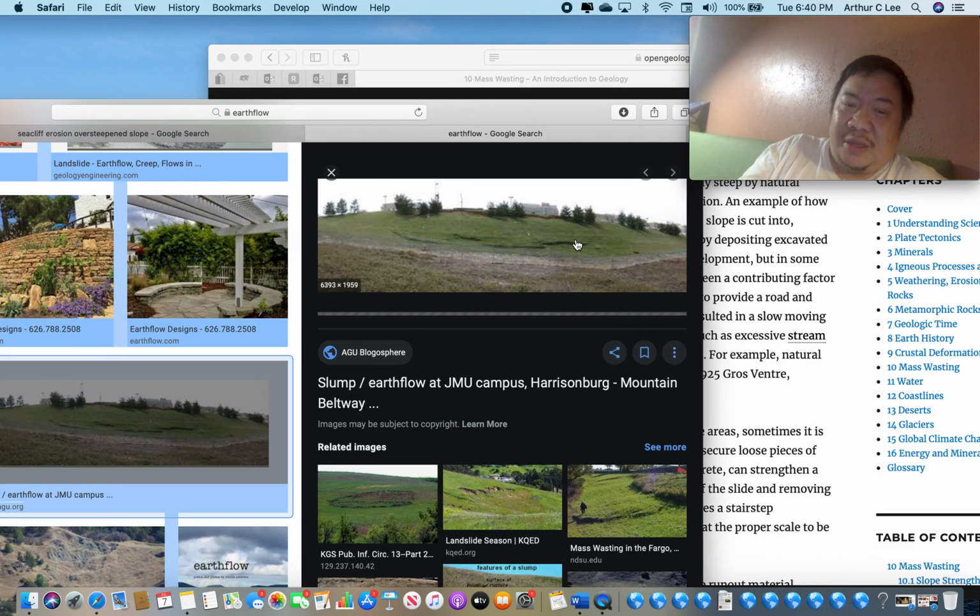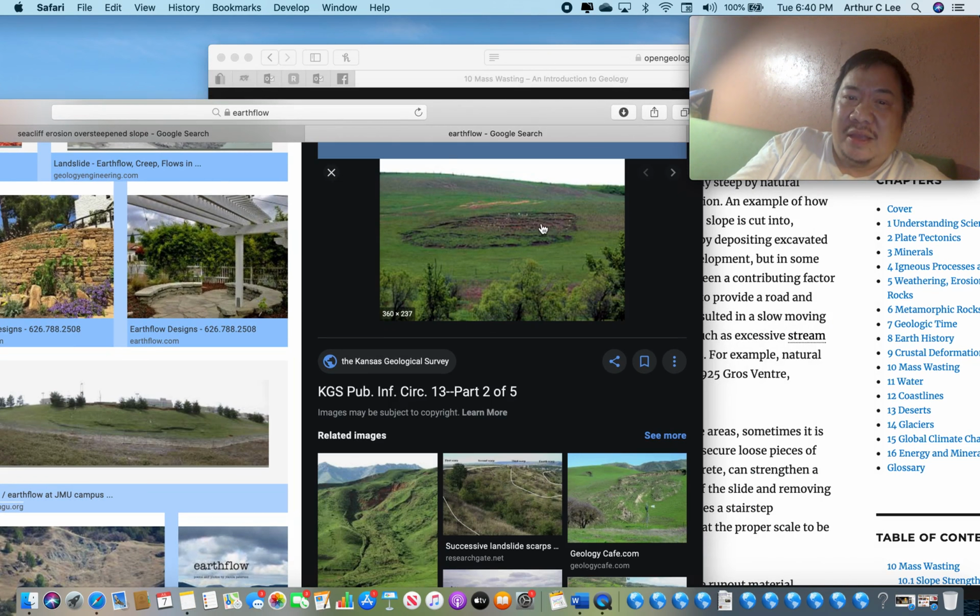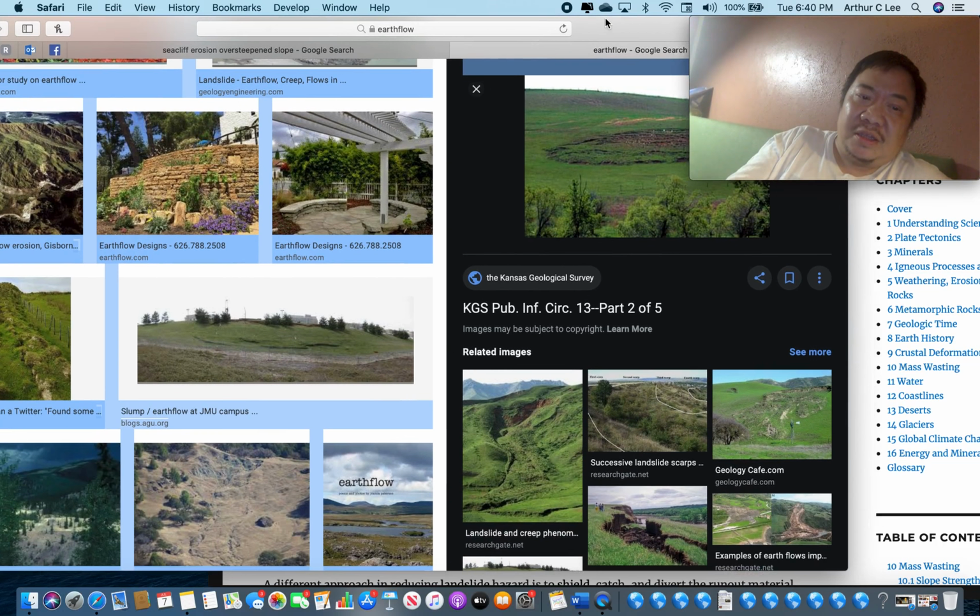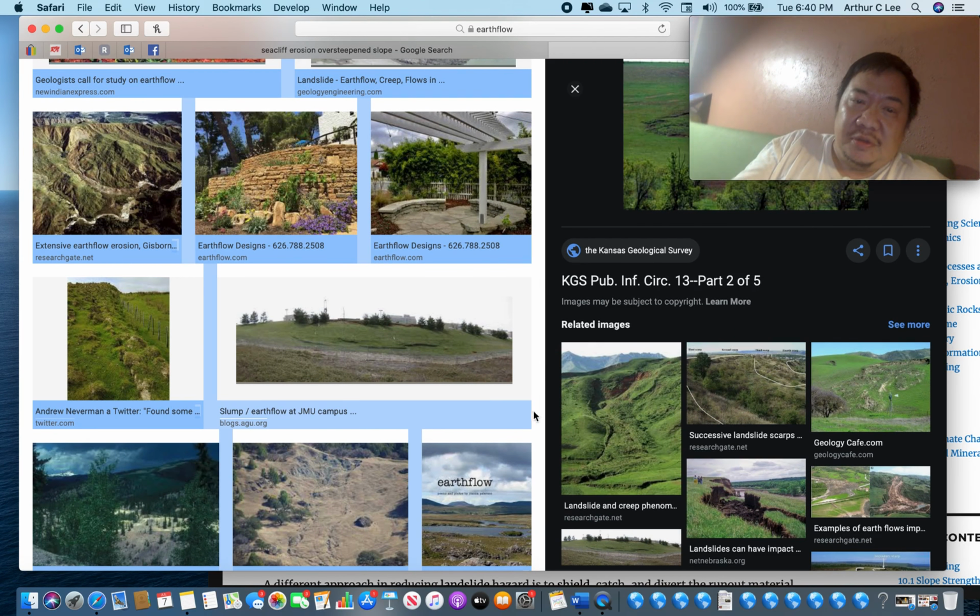There are ways you can protect yourself when you're buying real estate. There's another. You ever see anything like that? Here you can see the top of the earth flow where the scar is, and then here you can see the toe right here. I'm sure you've seen stuff like this. You probably haven't paid attention to it, but